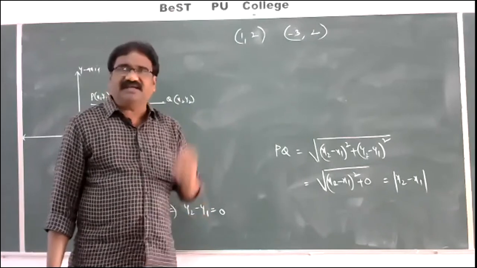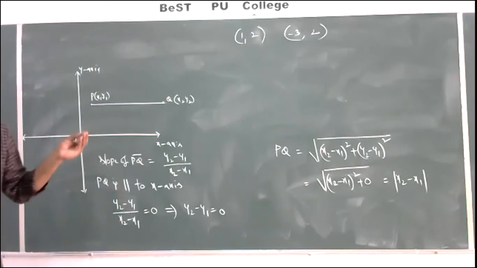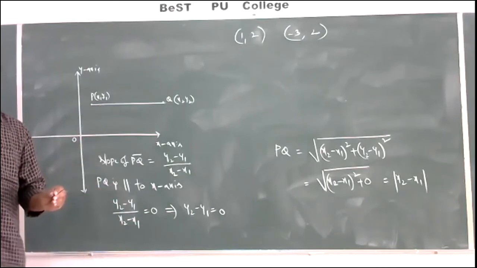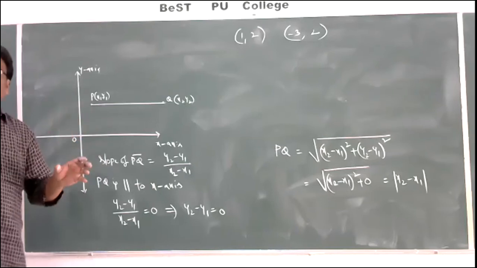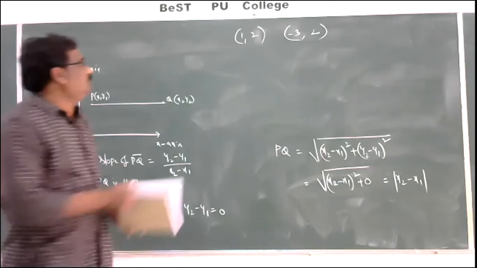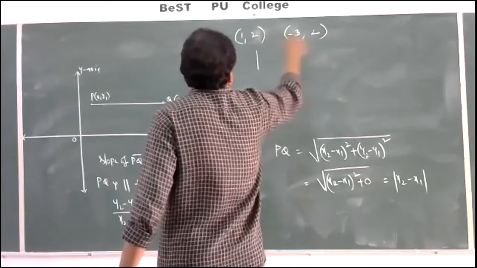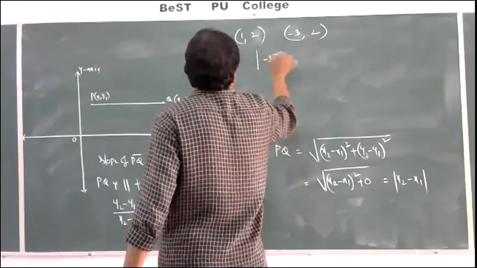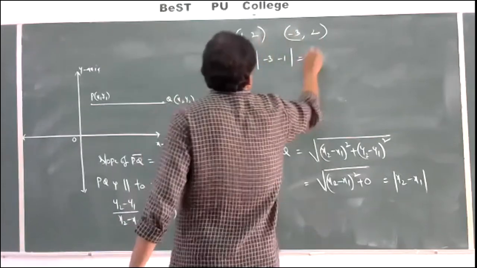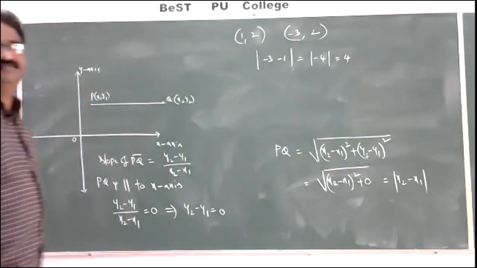You remember that. So we proved all the theoretical concepts. That's why you should maintain all theoretical concepts in your brain and use them. Yes, here, what is the distance between the 2 points? The y coordinates are equal, so take minus 3 and minus 1. Difference of x coordinates, that is mod of minus 4, that is equal to 4 units. That's enough.